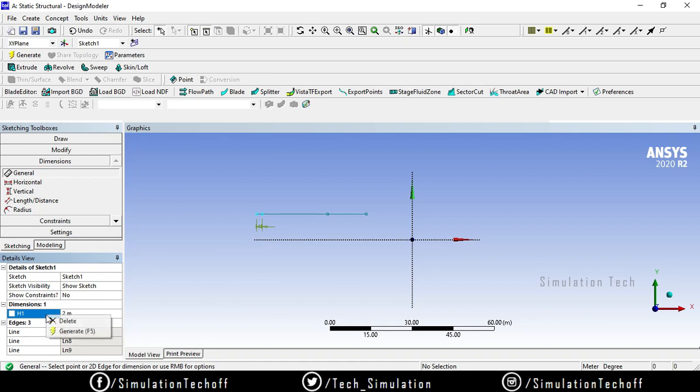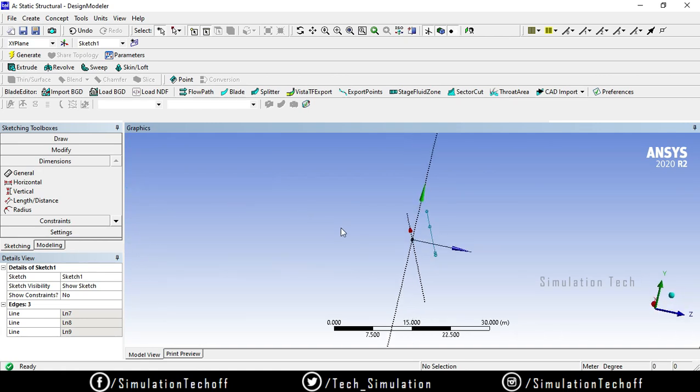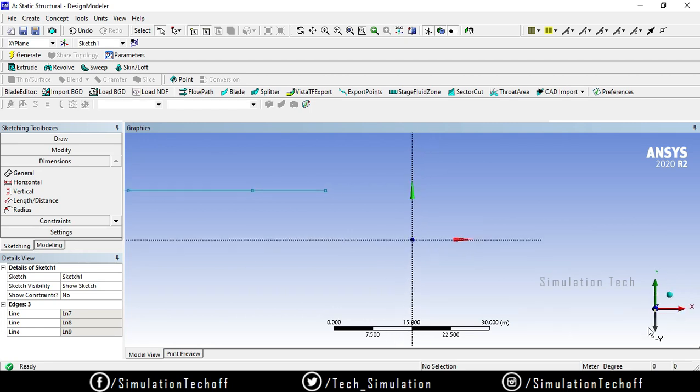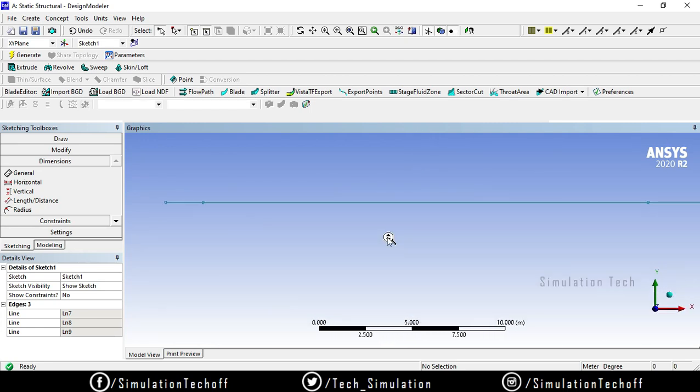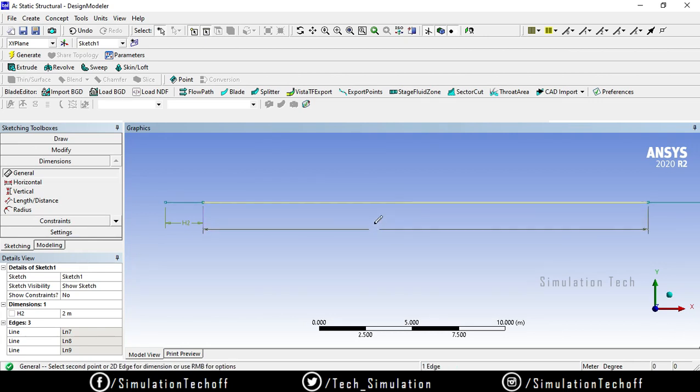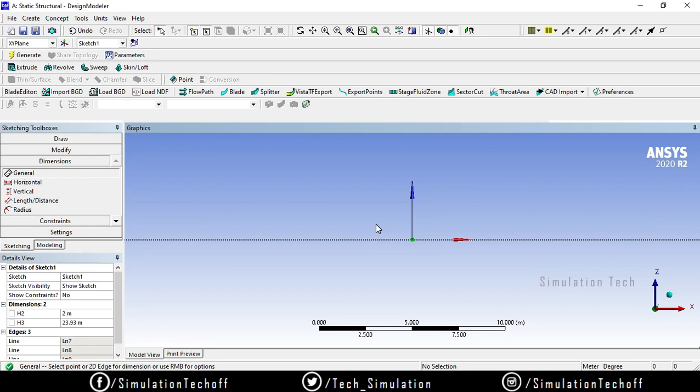After that I will delete the dimension and zoom in, and I'll mark the dimension again. General, it should be 2, and the other one should also be 2.